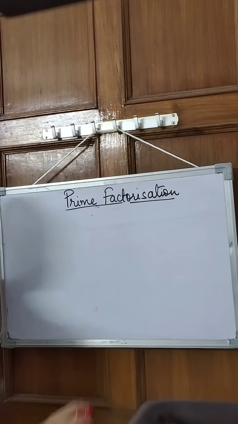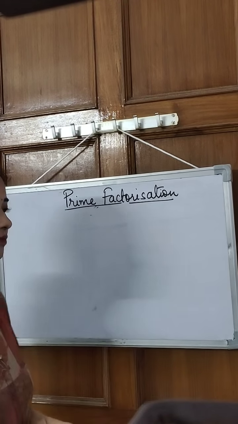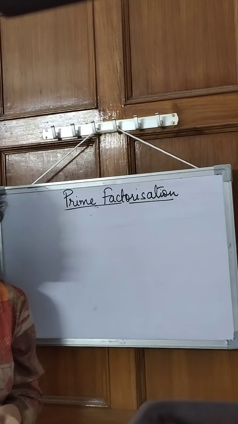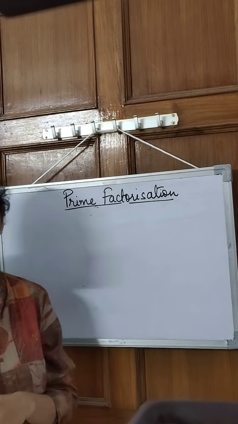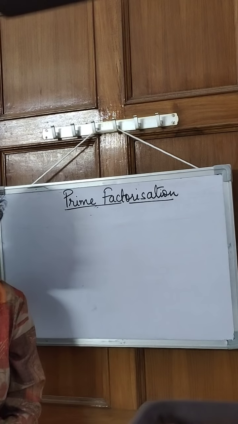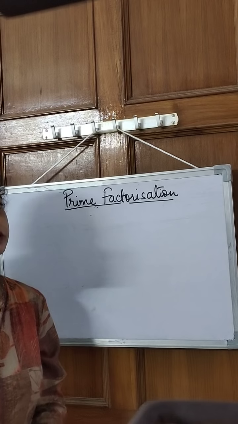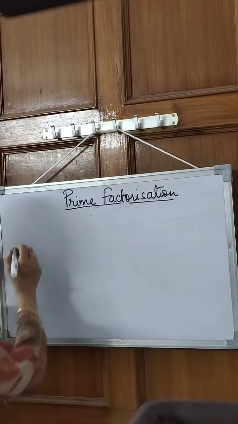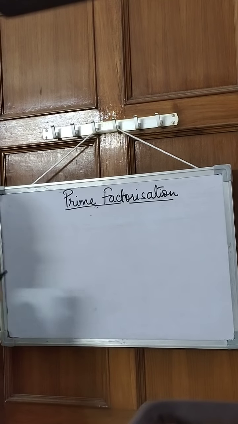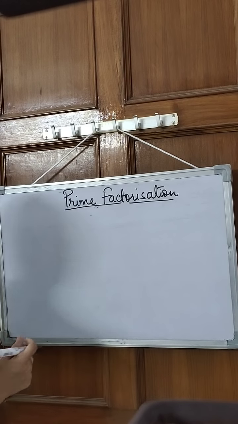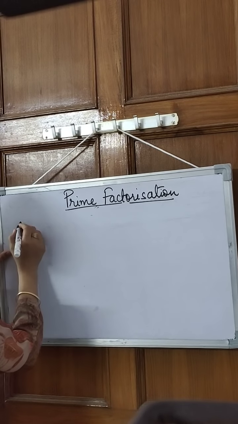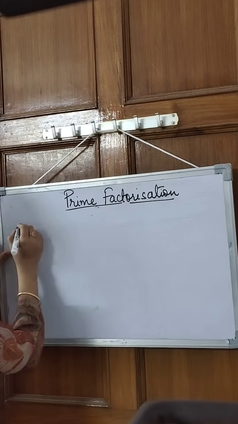Okay. Now let's take one more question. There are a few questions in your exercise that say you have to find the smallest number or the greatest number of any digit and then prime factorize it. So I am doing one question of this type for you, so you will be able to understand these types of questions. I am taking a 3-digit number, greatest or smallest.